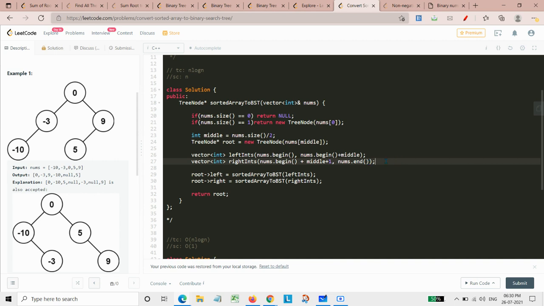So from that part till the end of that array, I will be creating the right subtree. So basically every element would be stored there.